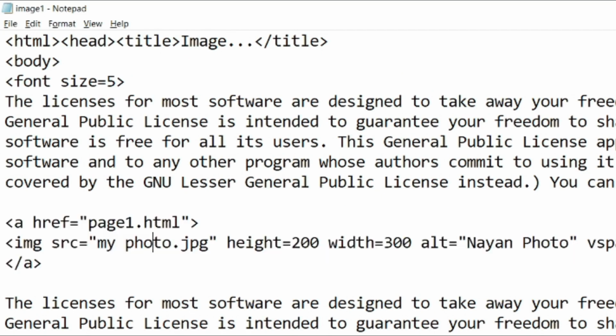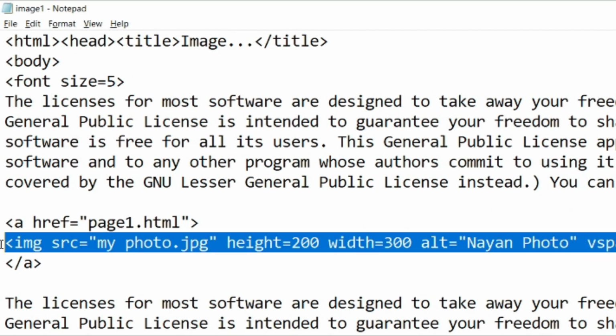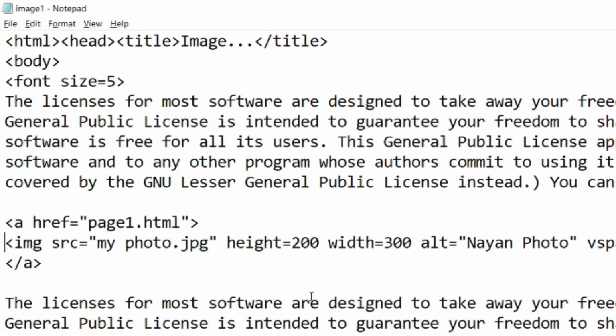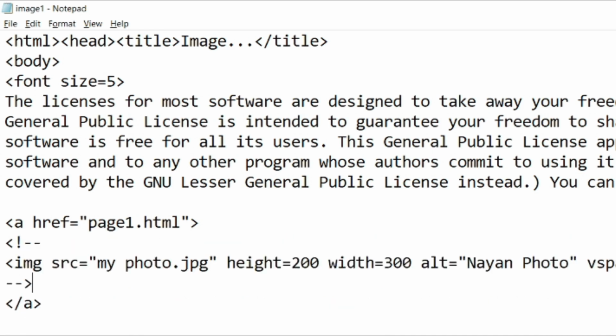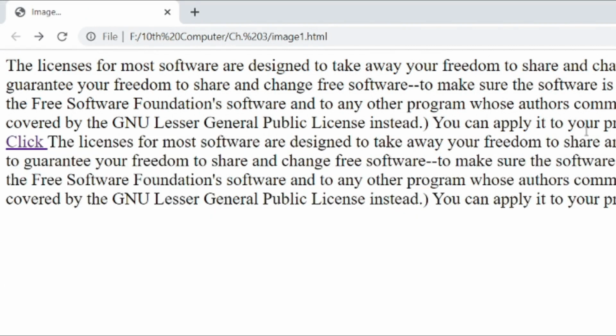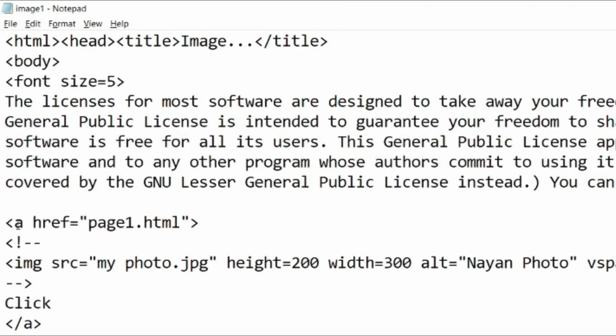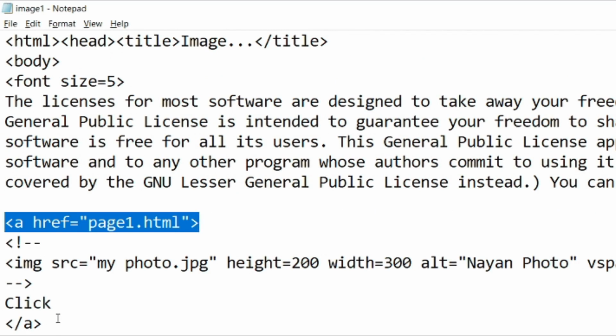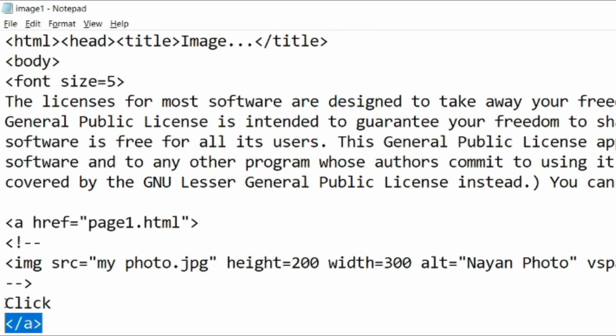Till now, what we were doing, we were writing some text. For example, let me just make this a comment. You know that a comment can be done by exclamation dash dash and ends with dash dash. And now here I write, suppose, click. So you can see that now the image will not be displayed because we removed the image. Instead we have the word click. So as you know, whatever you write between the a tag and /a tag will act as a hypertext or hyperlink.